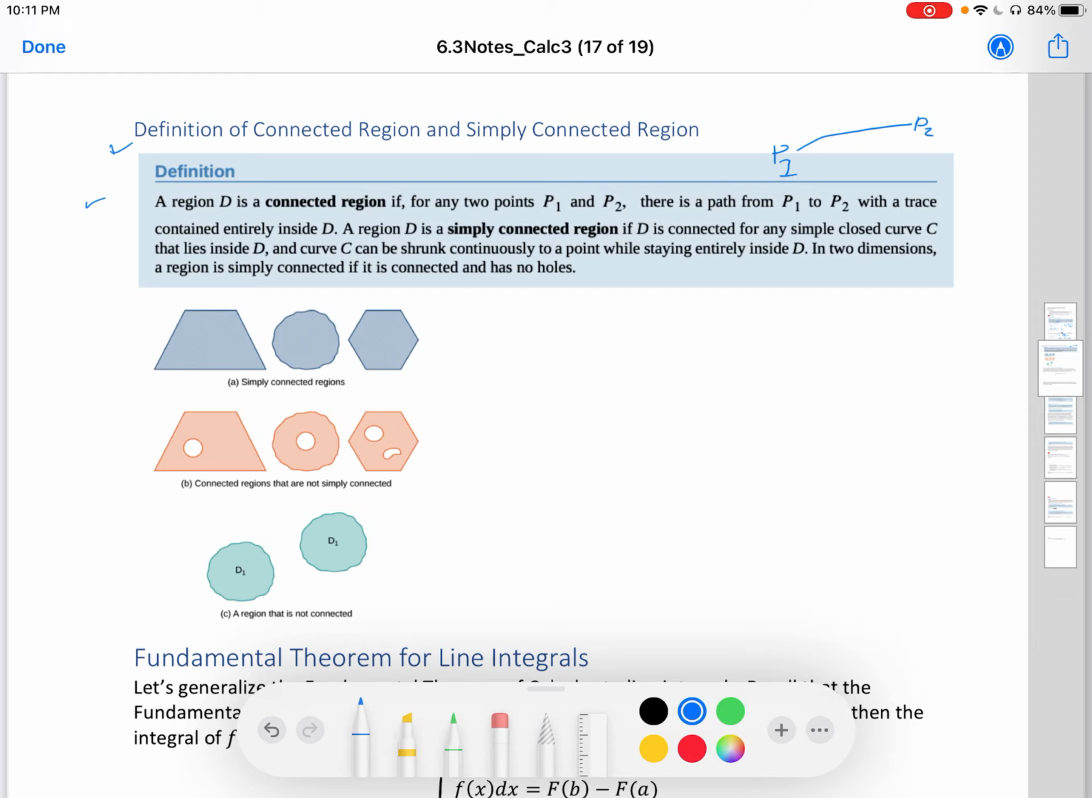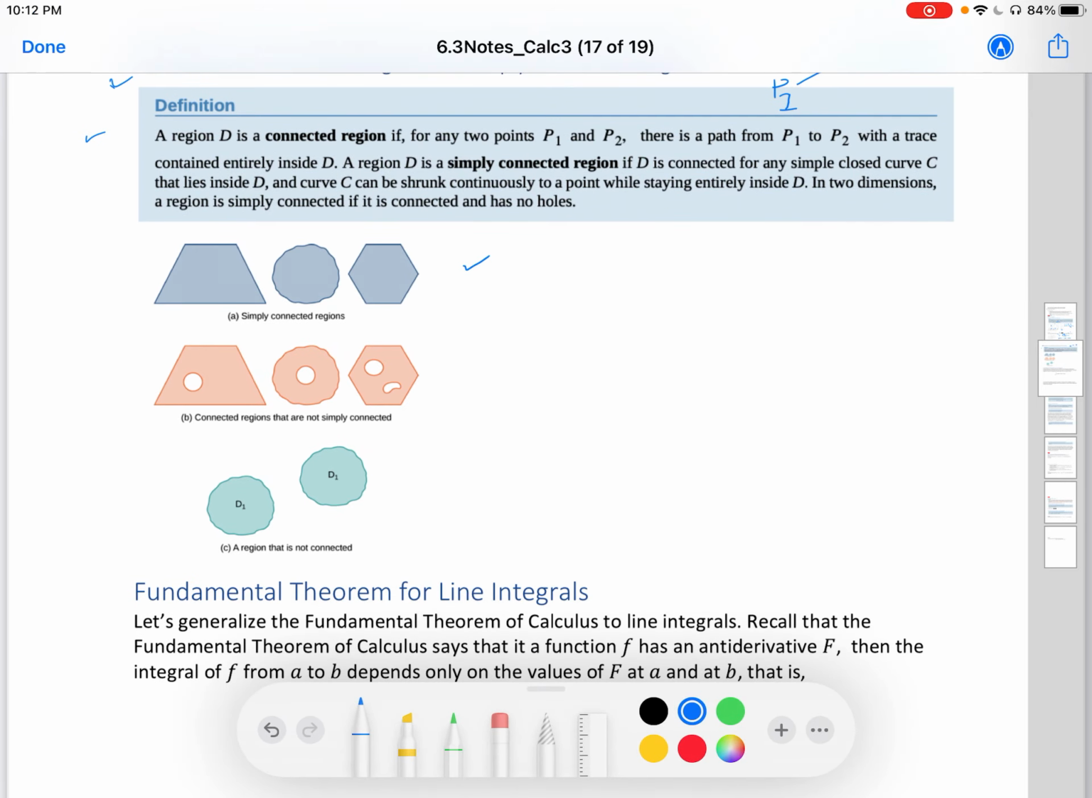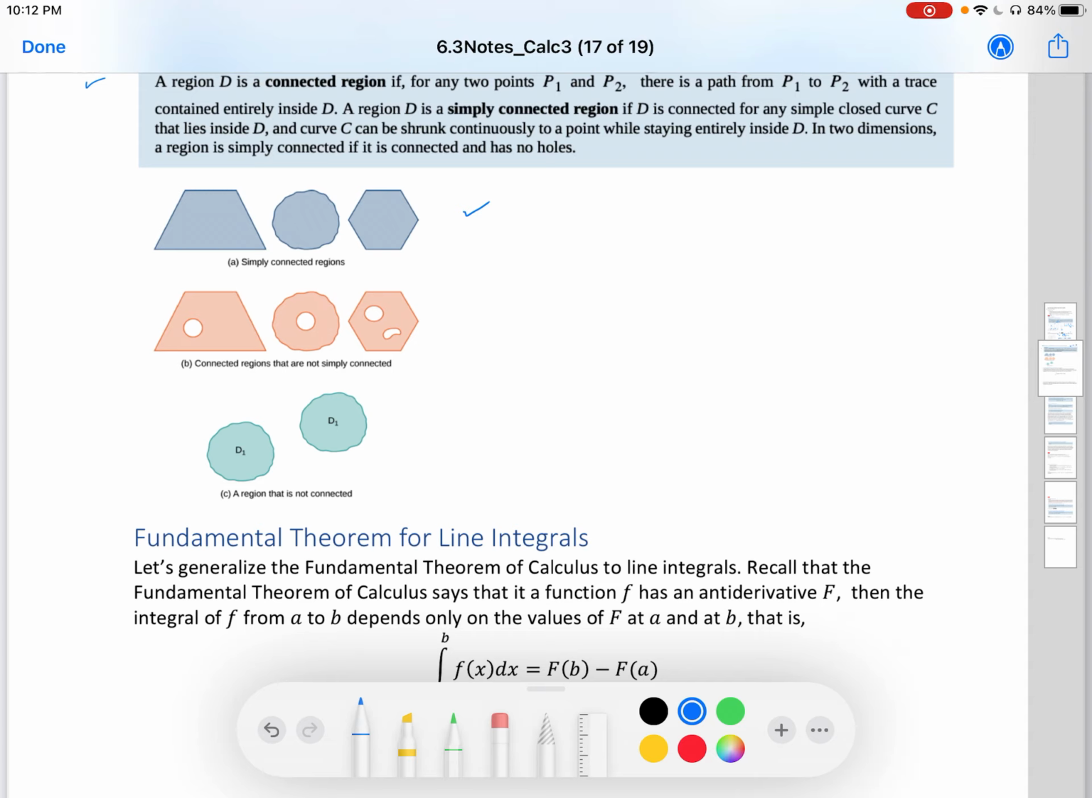A region D is simply connected if D is connected and for every simple closed curve C that lies inside of D, the curve C can be shrunk continuously to a point while staying entirely inside of D. In 2 dimensions, a region is simply connected if it is connected and has no holes. This is our ideal region, a simply connected region. The others are examples of regions that wouldn't be simply connected. Here we have another set of examples that are connected but not simply connected. And the other one has 2 different regions that are supposed to be one whole region, so it's not even